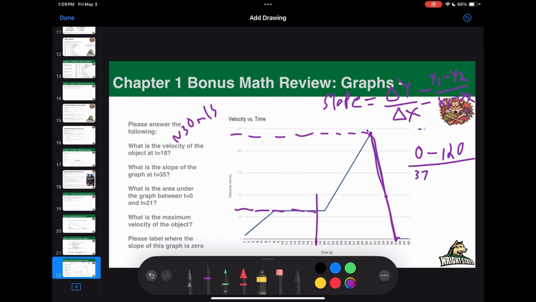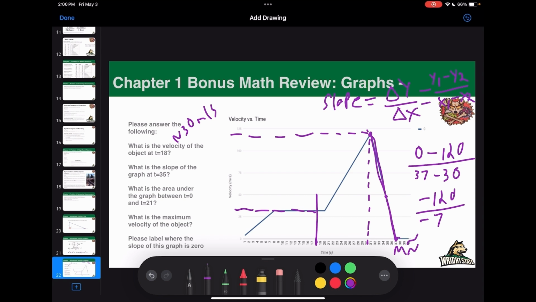And over here, it's like 30. So we get negative 120 over 37 minus 30, negative 7, which will come out to about,